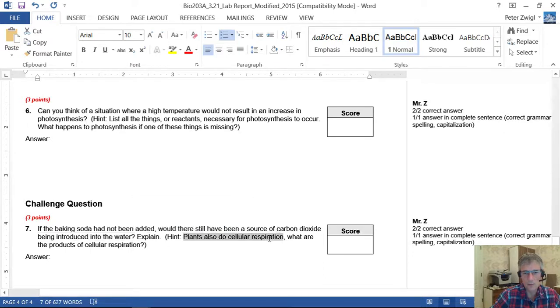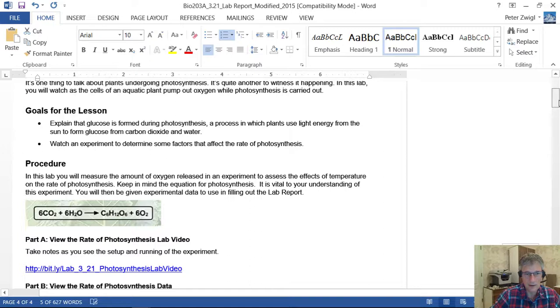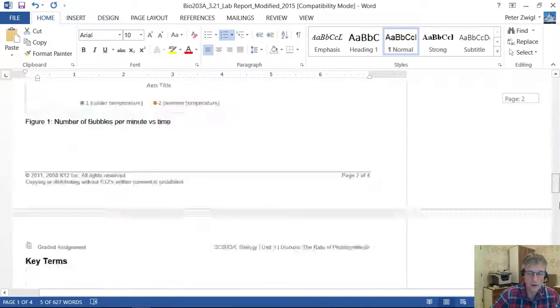Plants also do cellular respiration. Okay, look at this equation up here again, and cellular respiration is like the opposite of photosynthesis. So if this is photosynthesis, cellular respiration goes from the right to the left. And look what's coming out there. CO2. Okay, and that can help us, right? So explain that